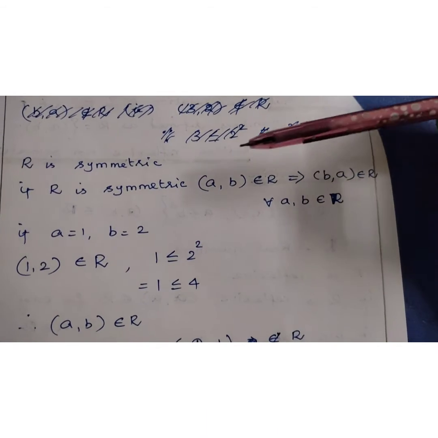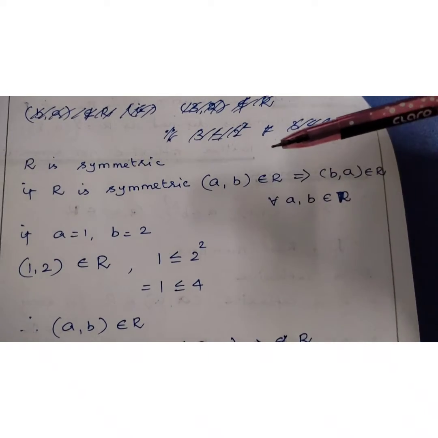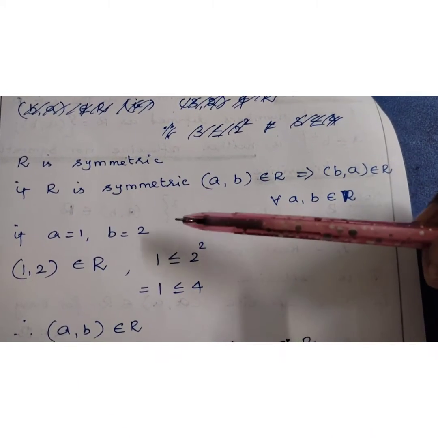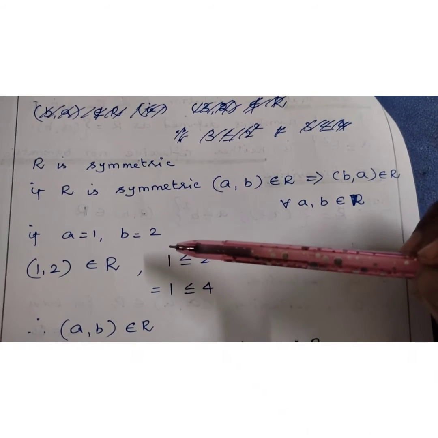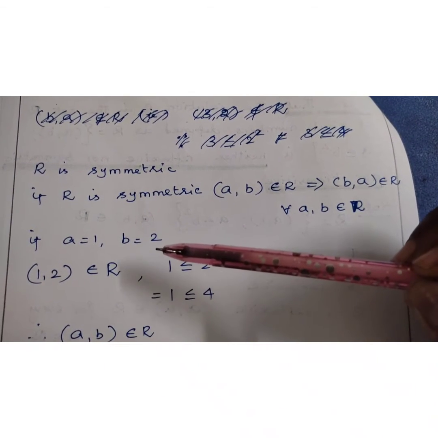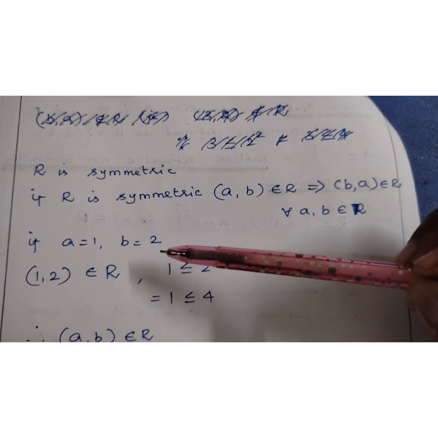If R is symmetric, then these conditions are satisfied. Now if we take a equal to 1, b equal to 2, these two numbers,